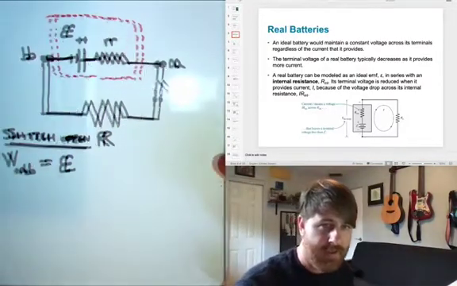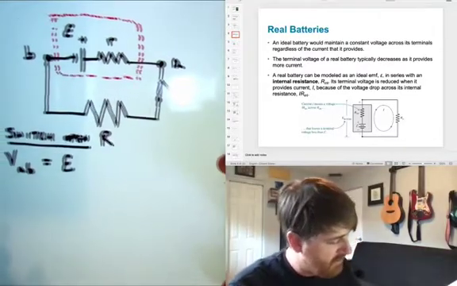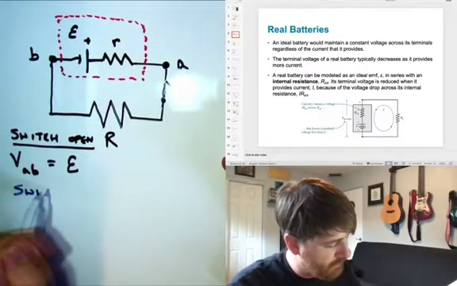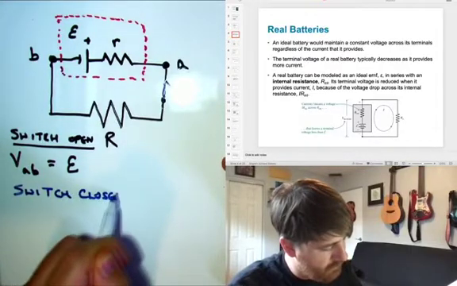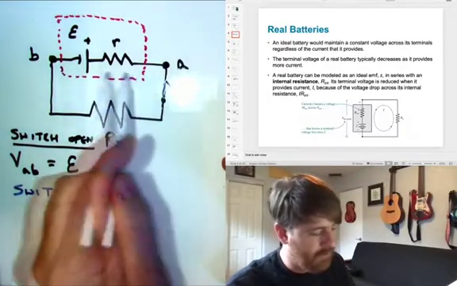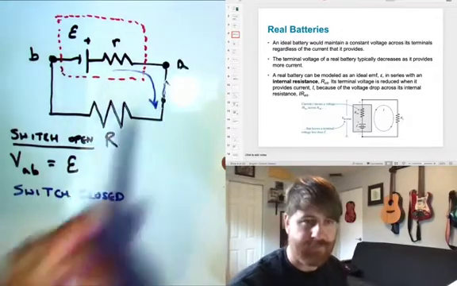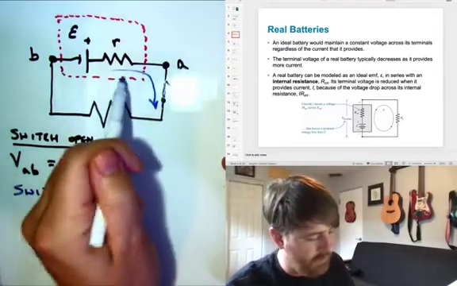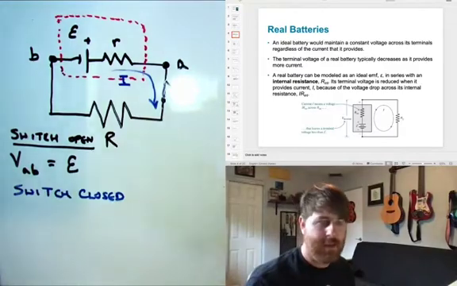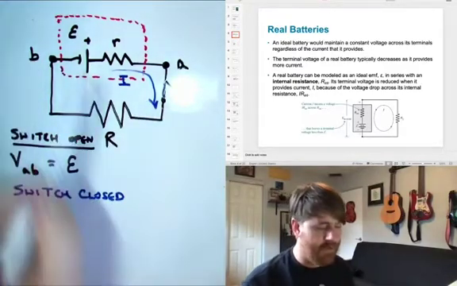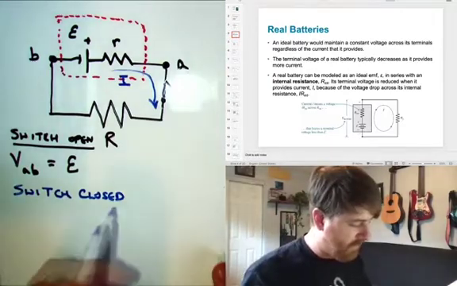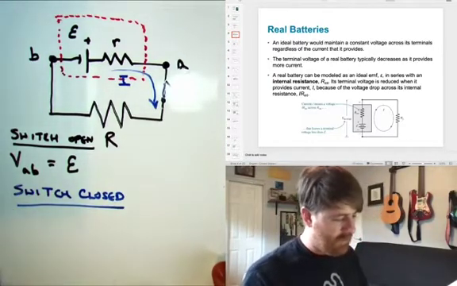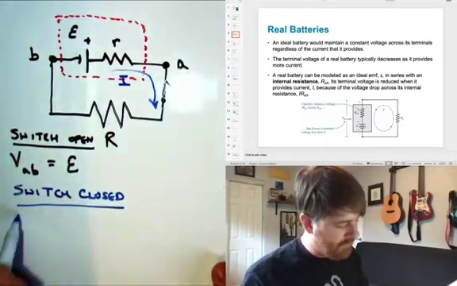Okay? And when we close the switch, then current will flow. And we'll call that current I. And the current will flow around, completing the circuit, going all the way around the loop. And when the switch is closed, then the potential of A with respect to B,